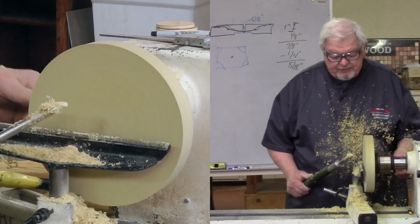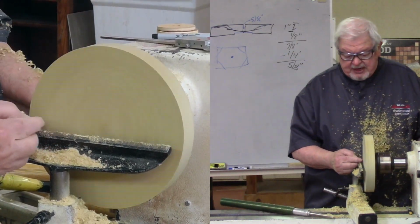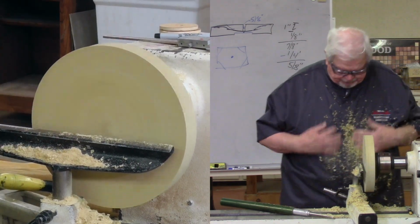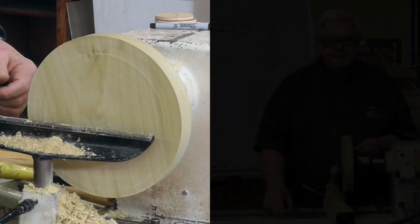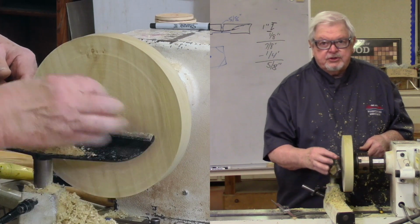Handle's down at 45 degrees, and I'm literally just leaning back. So what we have now is a surface that is flat to the lathe. Okay, so we've got the blank. Literally, the blank's ready to go. Okay, the next thing I need to do is to establish a rebate in here that the chuck will expand